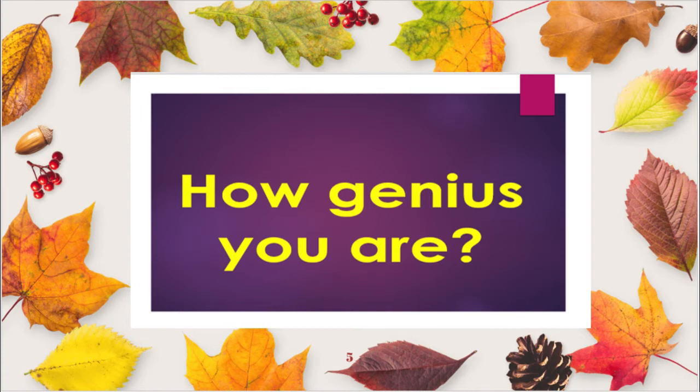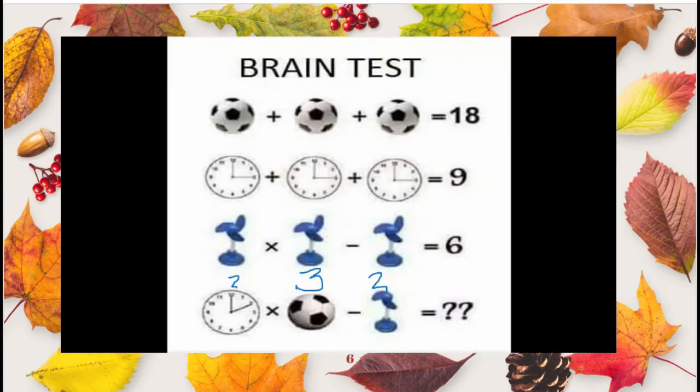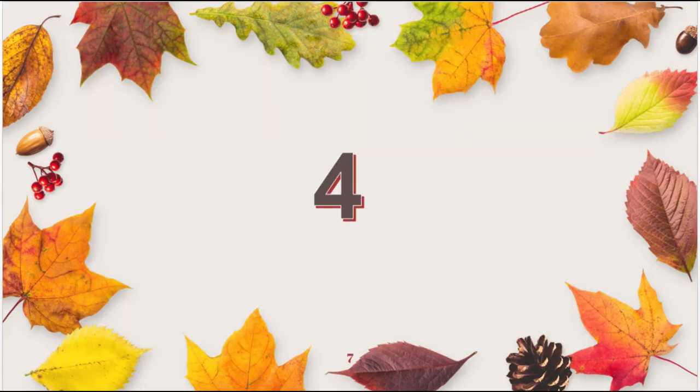So, let's try to see. So, brain test po tayo. Di po ba kung titingnan natin, 18 po yung bola na mayroon pong tiga-6 na black spot. Sa pangalawa, 3 o'clock plus 3 plus 3 is equal to 9. So, kung titingnan po natin, yung LC po ay 3. 3 times 3 is 9 minus 6. So, ano po ang clock? So, 2 times 3 times minus 2. So, the answer is, so that is equal to 4.